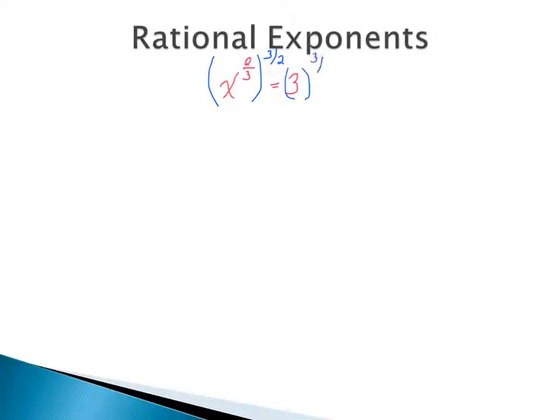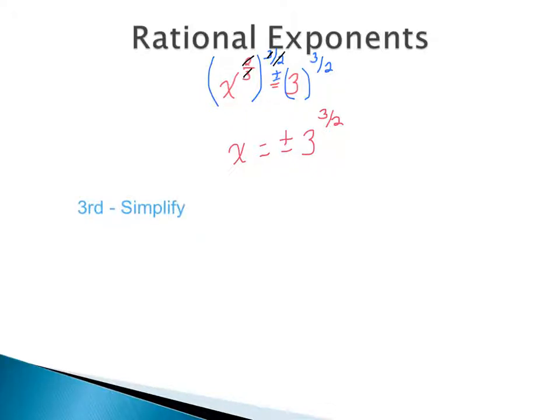On the left-hand side, we know that our exponents would end up canceling out, so that we're just left with x. On the right-hand side, though, this is where the important part comes in. We raise both sides to the reciprocal exponent, but the original numerator of our rational exponent was 2. Since 2 is even, that means that x on its own really equals plus or minus 3 to the 3/2 power. The fact that we started off with a 2 in the numerator of 2/3 means that we're going to have x equals plus or minus here. Our next step would just be to simplify what we have.